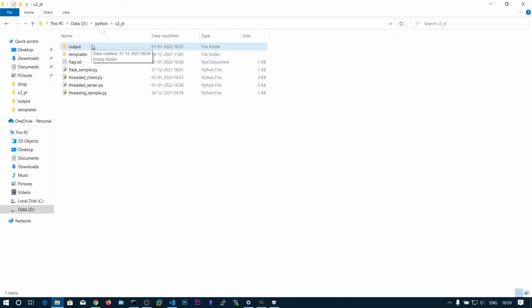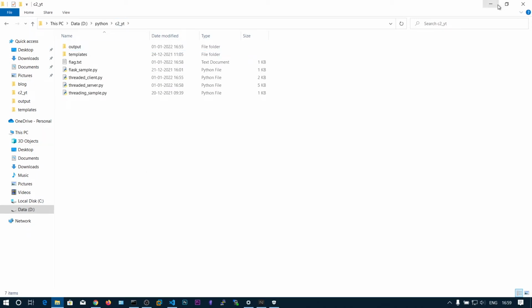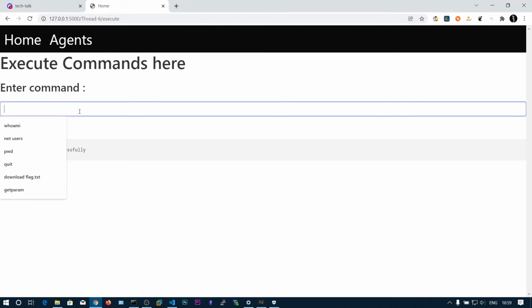And in the output folder, okay, we are not saving this to output. So let's cut this one and paste here. And download, let's say output.